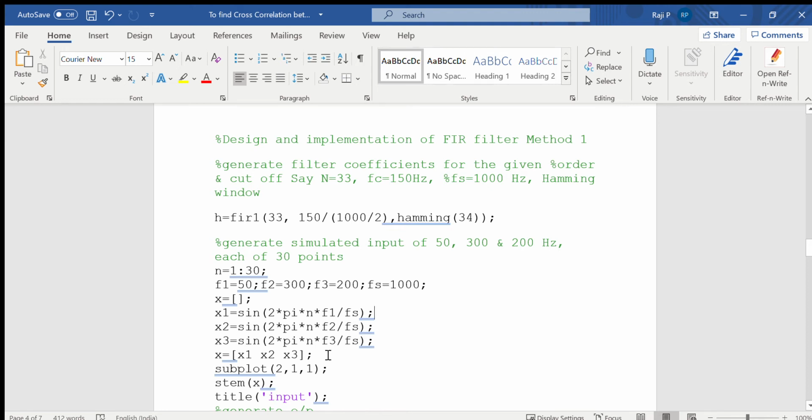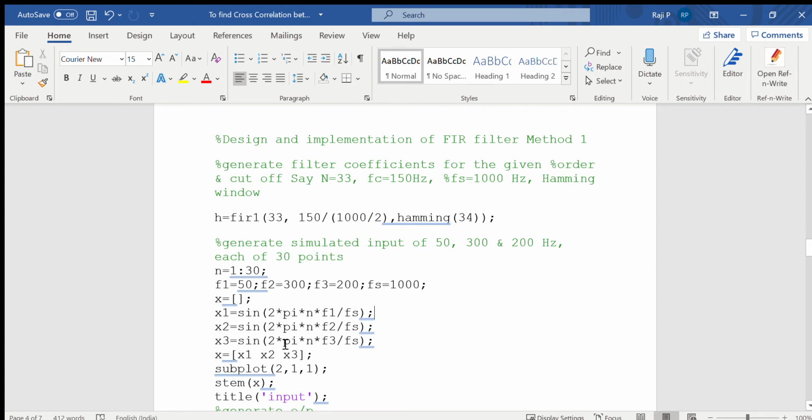Now we can combine and write the entire signal as one signal. If you write it as a matrix x1, x2, x3, then x1 will be a signal of frequency 50 with 30 samples, x2 will be a signal of frequency 300 with 30 samples, and x3 will be a signal of frequency 200 with 30 samples.